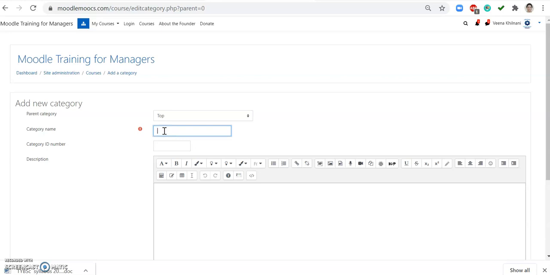So if it is supposed to be a course, category first, so category can be, suppose, medicinal chemistry. So we can have this on top over there.